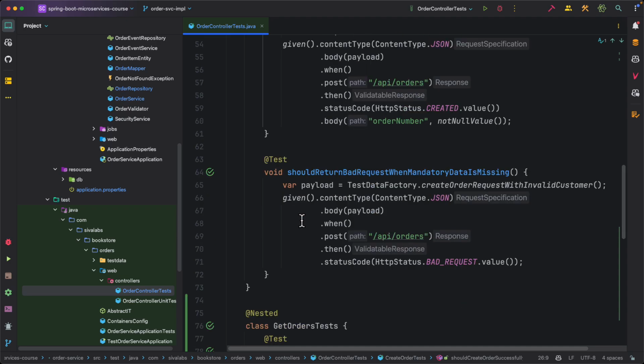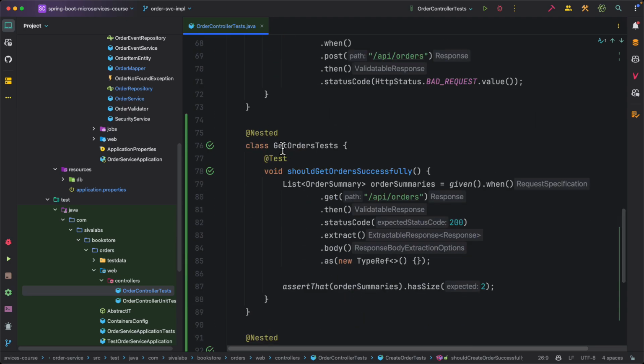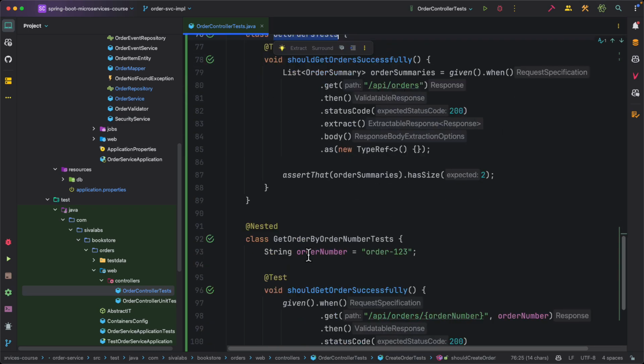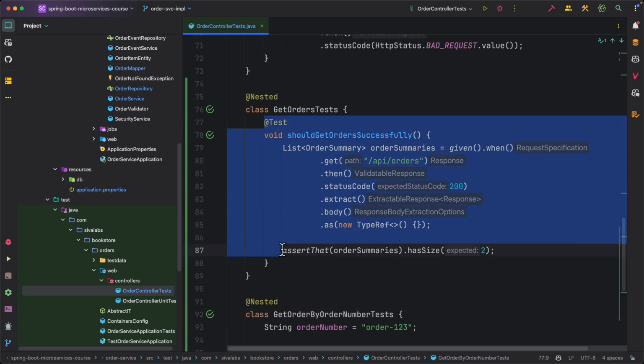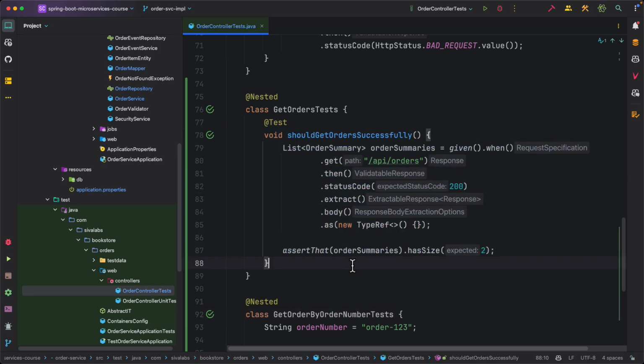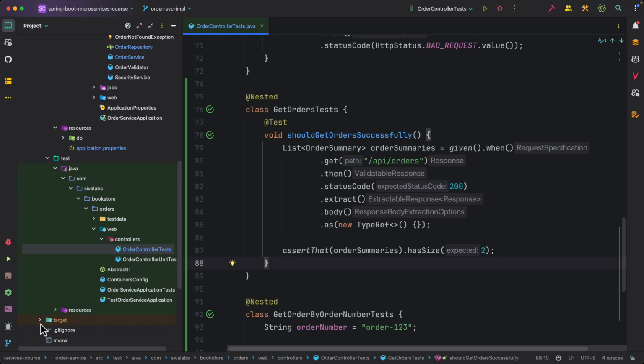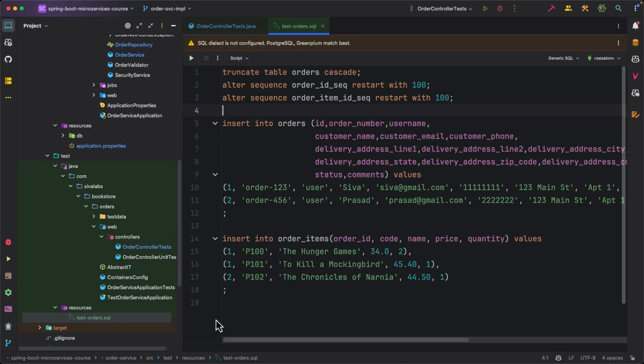Similarly, we are going to create another class for get orders tests, and also a get order by order number test. Though currently only one test is there, you can add more scenarios and follow a similar pattern here. So what we are doing: under src/test/resources, I have created a SQL script